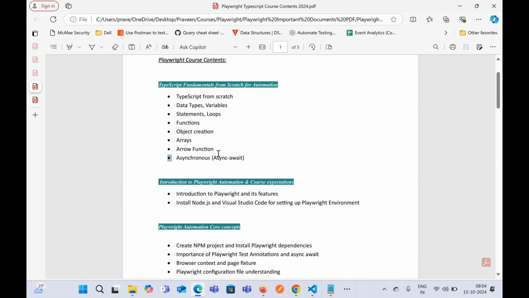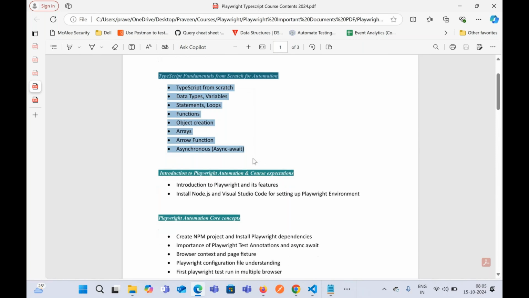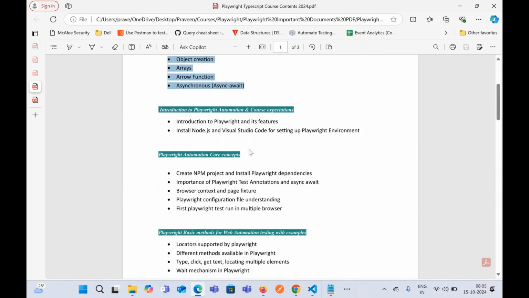We know that TypeScript and JavaScript are both asynchronous in nature. Asynchronous means the code execution will not happen in a step-by-step manner. We'll see how we handle those scenarios once we start our session. So first, 2 weeks of time will be given for TypeScript, where we'll cover everything from scratch. And after completion of TypeScript, we'll move to Playwright automation, where we'll see the